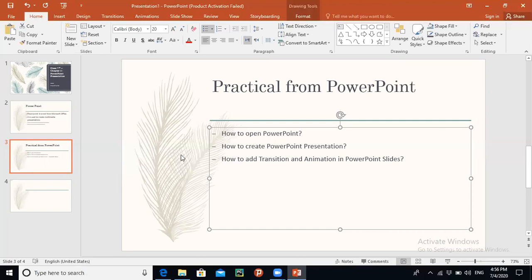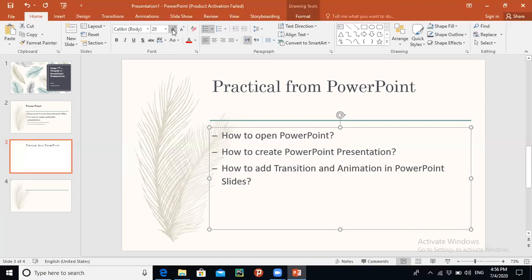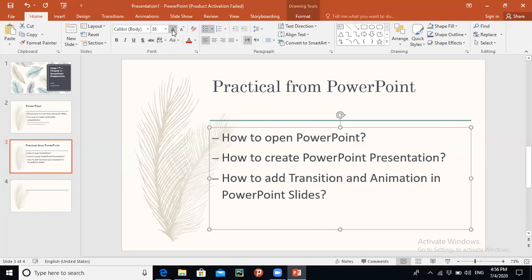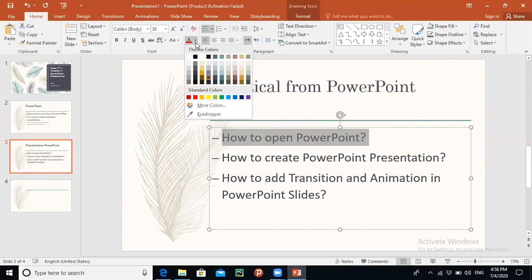Again, I am going to increase the text size. So how can you change the color? First of all, select the font and change the color over here. You can see this A with the red color underline. Simply click on it. It is showing you the colors according to the theme design that we have selected.